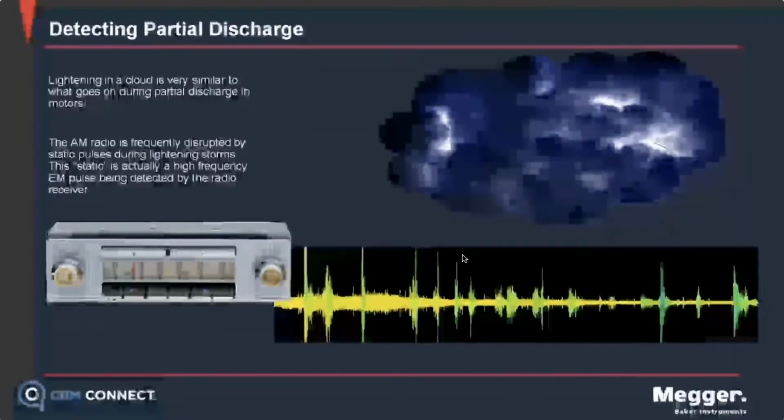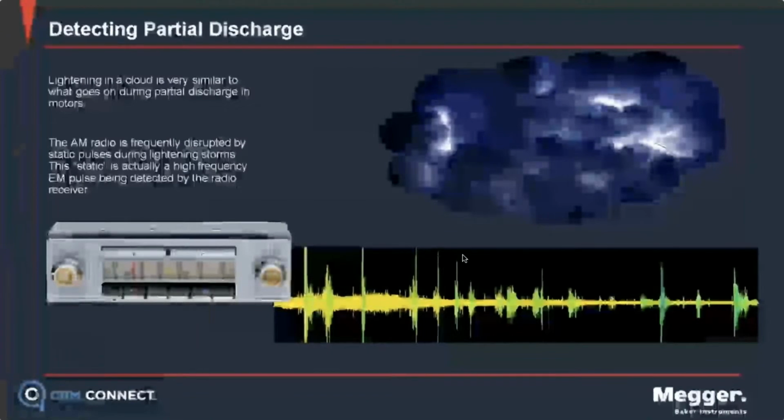For those of us that have the pleasure of listening to AM radio while driving in the car during a thunderstorm, you might have heard those static pulses that occur when lightning strikes. So I'm playing some audio now